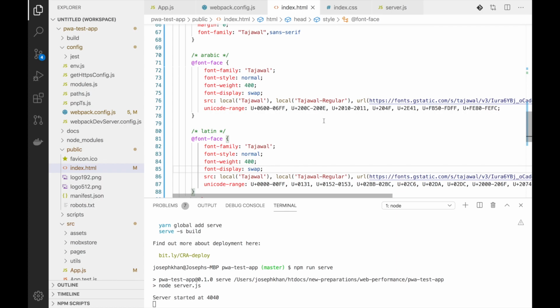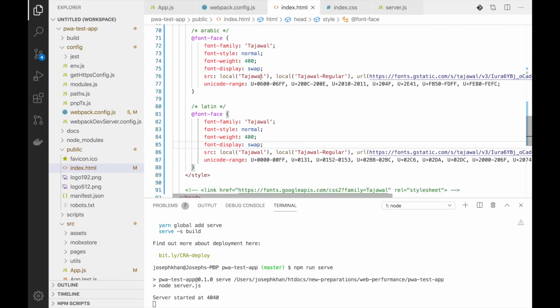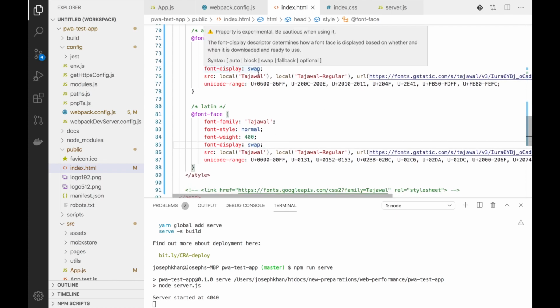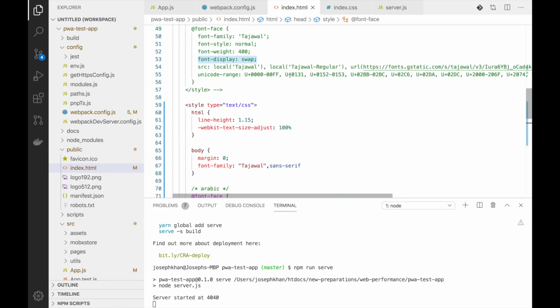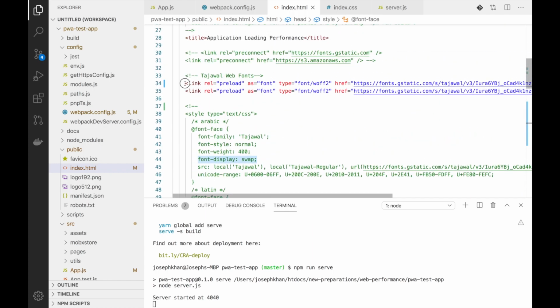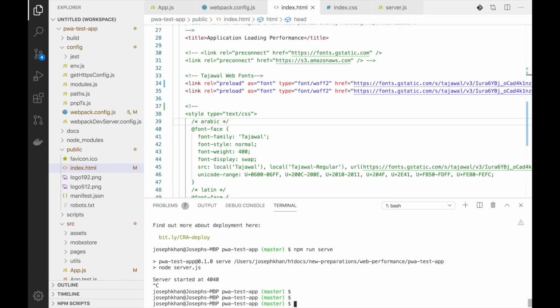What this tells the browser is that till the time my custom font is downloaded and available, go ahead and use the system default font, the default font in the browser. So this should solve our problem that we had seen earlier, which was reported by our audits. So the two optimizations that we did were enabling the font display swap, and enabling preloading of our font files. Now let's generate a bundle again,